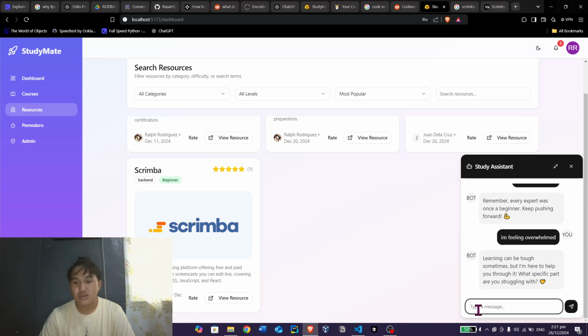It can also tell you what resources are available in the database. For example, what resources do you have?